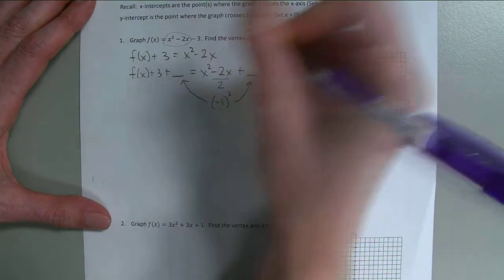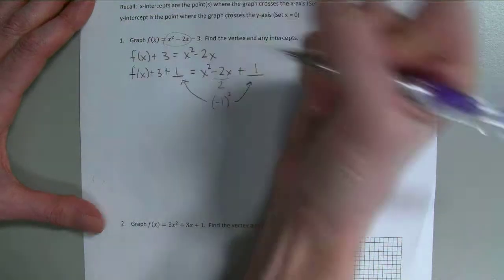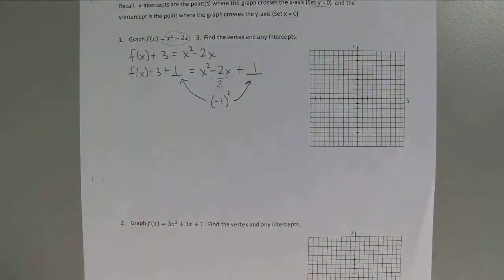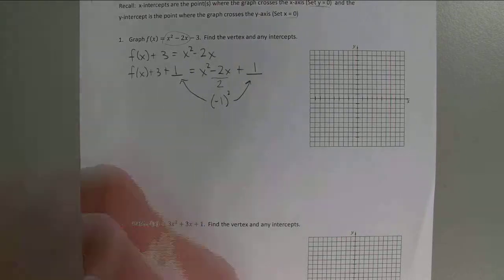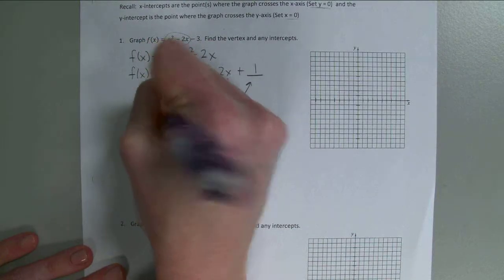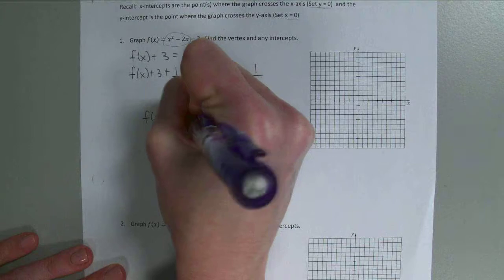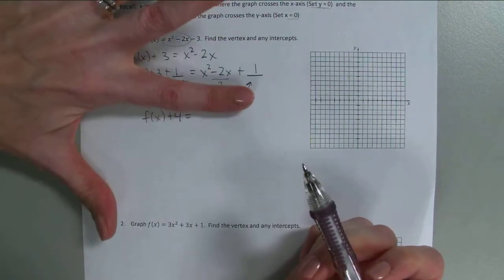Positive. Yep. So we'll have positive 1, positive 1. Is that okay so far? All right. On the left, we can do the math. Do we know what f of x is? No. So he stays f of x. But what's 3 plus 1? 4. So this will be f of x plus 4 equals,